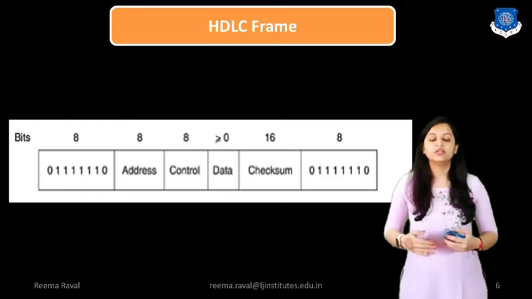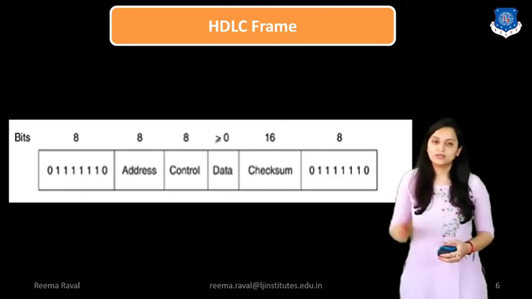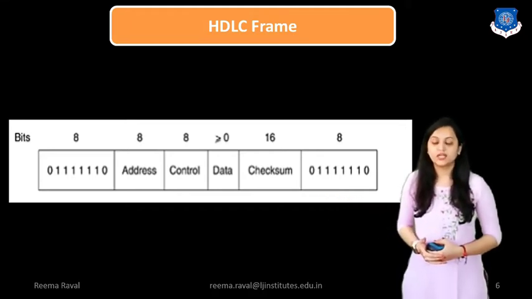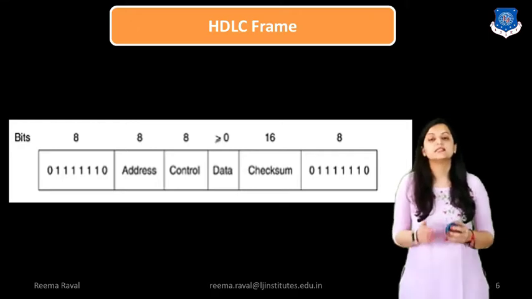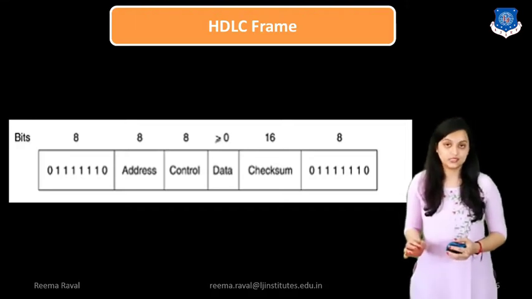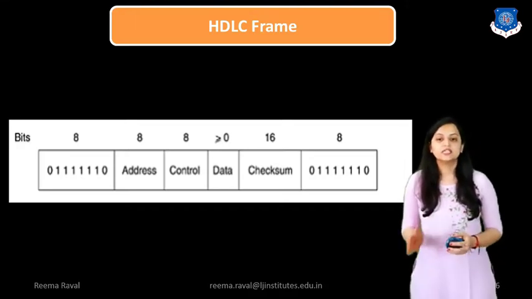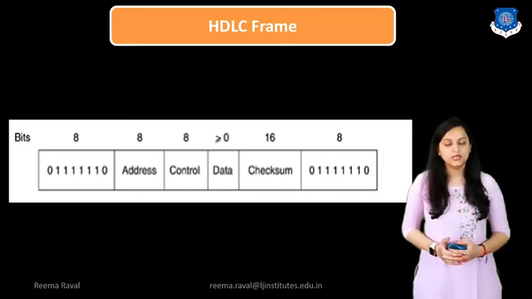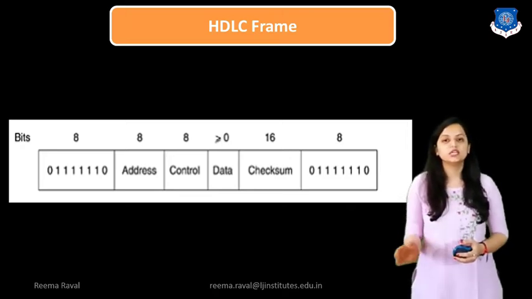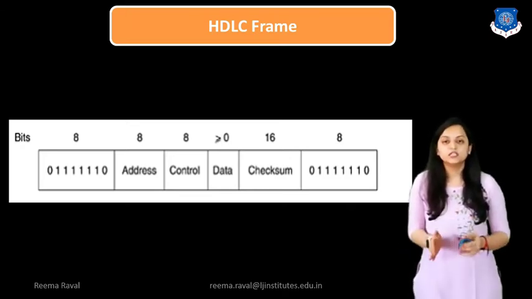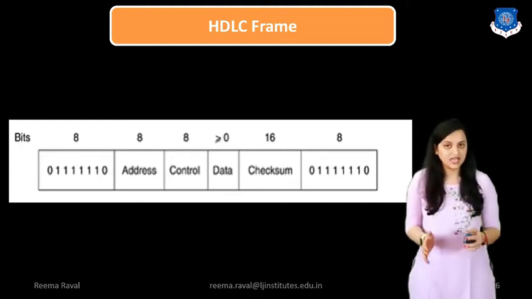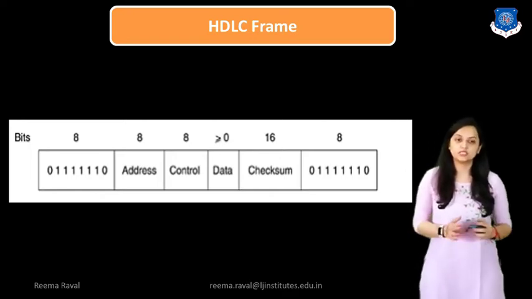Now remember that in the previous session we have seen that whenever the frames are divided into segments, that particular segment is called a field. So as you can see in the frame structure, there are 6 divisions, which we call 6 fields. The first field is of 8 bits, as indicated over here, which is 0, 6 times 1, 0. Same way, the last field is also a flag, of the same pattern, 0, 6 times 1, 0. That means in the HDLC frame structure, the first field and last field are the same flag bit pattern, 0, 6 times 1, 0.